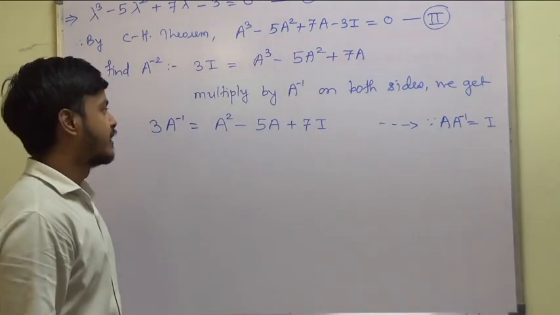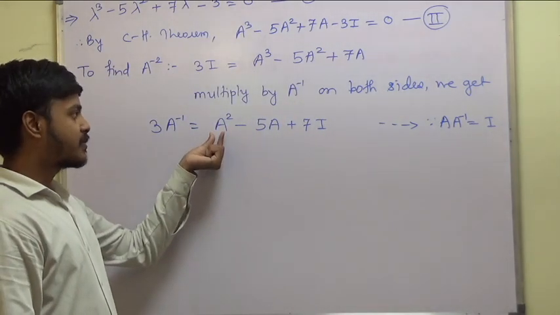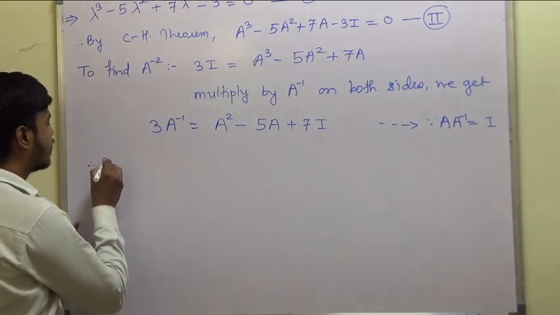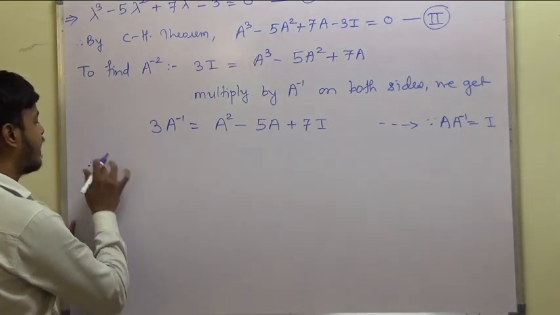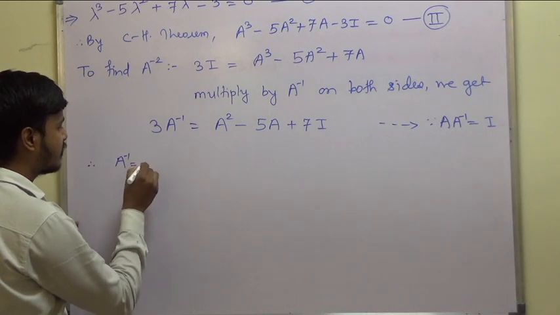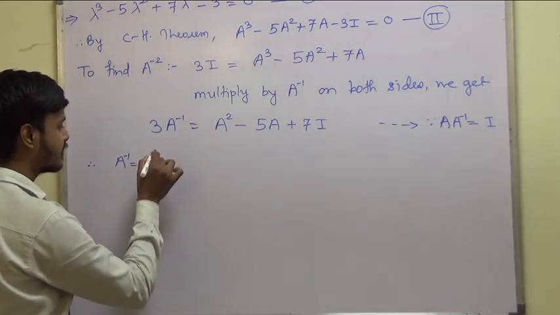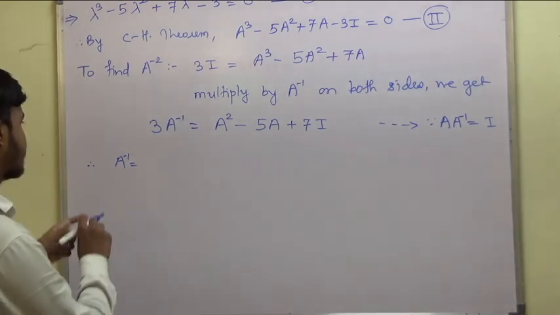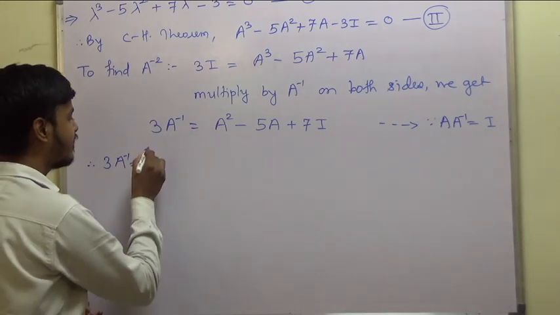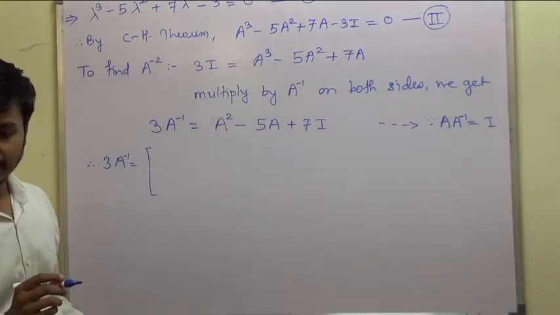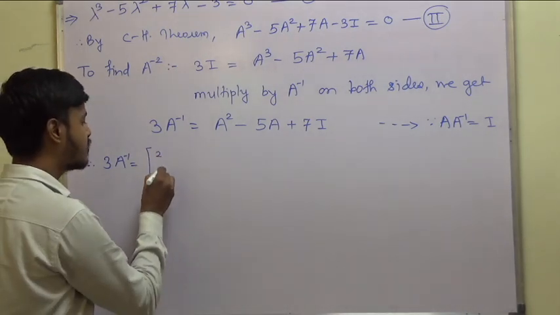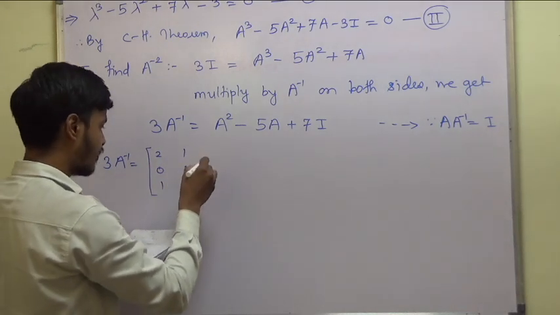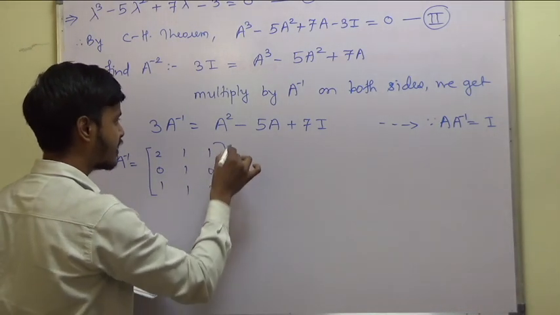Okay. Now we just need to substitute the values and get the answer. Therefore A inverse is equal to 1 by 3 times. For the time being, I will write it as 3A inverse. What is matrix A? Do you remember matrix A? I forgot the matrix, so let me write it down. 2, 0, 1, 1, 1, 1, 1, 0, 2. Matrix A into,